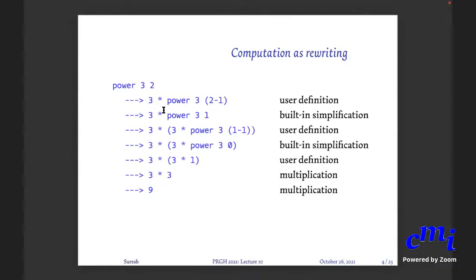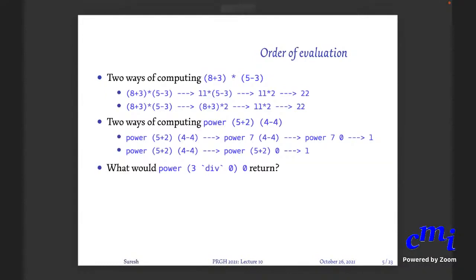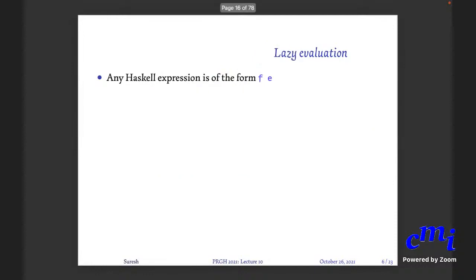Any argument. So you have a star. To perform a star, both sides need to be numbers. Okay, that is what forces you to evaluate one of the arguments of the star. But if the second argument is 0, you are not even going to invoke anything with star in it. So therefore, automatically you will get 1. So is this point clear to everyone? The fact that you can have undefined expressions, but the overall expression will still evaluate. To make it clearer, this particular thing about how Haskell evaluates expressions is called lazy evaluation.